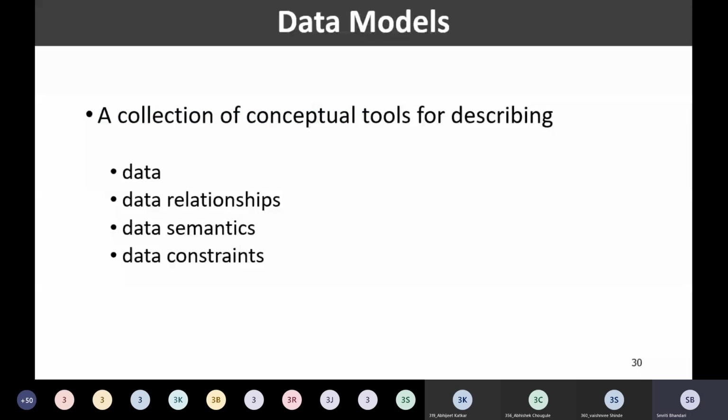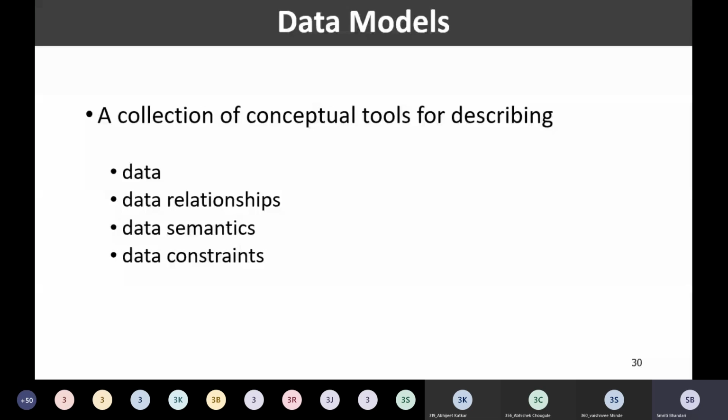Okay. The next concept that we are going to deal with today is data models. What do we mean by data models? Underlying the structure of a database, there is a data model.